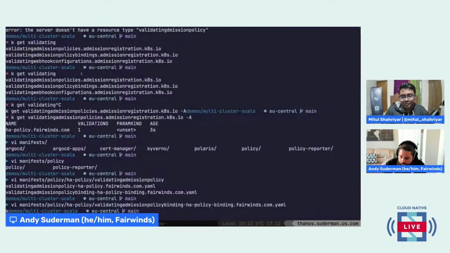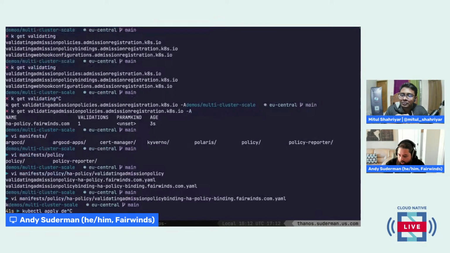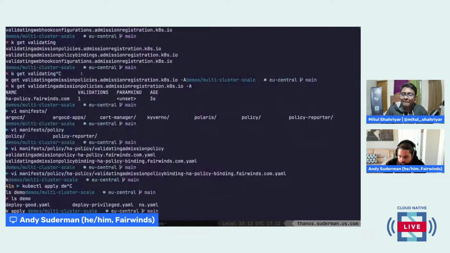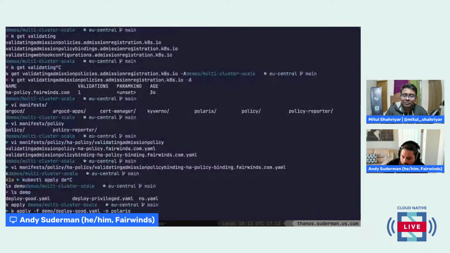So what I'm going to try to do is apply a manifest, and we have a folder called demo here. And I'm going to apply that deploy good.yaml, I'm just going to do it in the Polaris namespace because I know that namespace is available and it works.